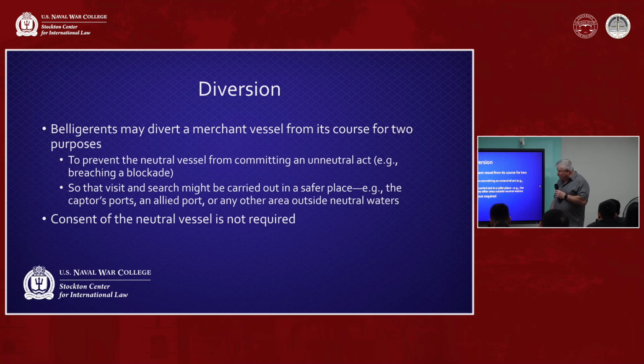Diversion, that's one other thing that the belligerents can do. They can divert merchant vessels from their course for one of two reasons. One is to prevent the neutral from committing an unneutral act. So let's say there's a blockade of the coast and you have a neutral vessel that's coming and it's approaching the blockade line. The belligerent that has imposed a blockade can divert the merchant vessel away from the blockade area,